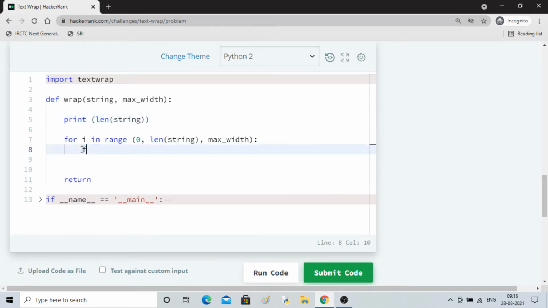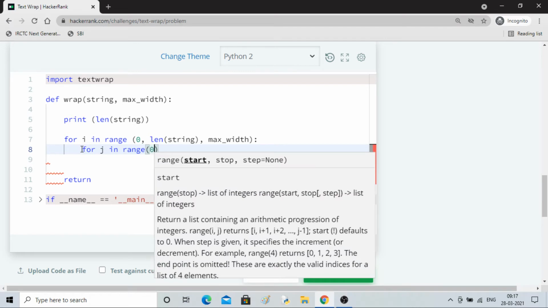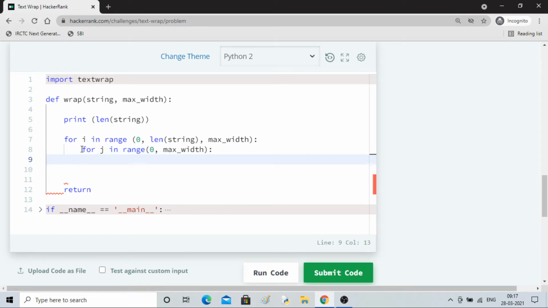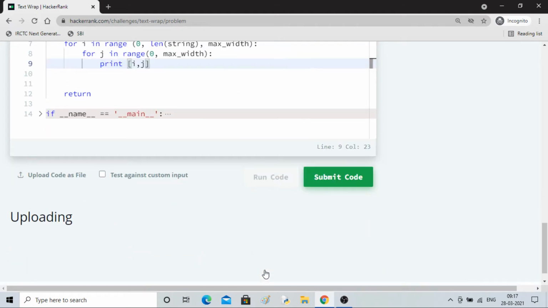Now let me write another for loop, for J in range 0 to max width. Let me print I and J together so that you can see how we are traveling.